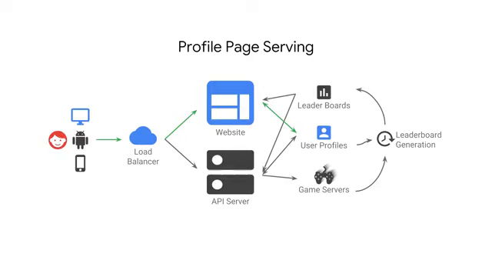The profile will contain most of the information displayed on the profile page, including the player's score and current location of their settlement. The web server will request the leaderboard for that location from the leaderboard data store, then build the HTML response for the player and send it back. When the player's browser subsequently visits their avatar, this request will be served in much the same way.